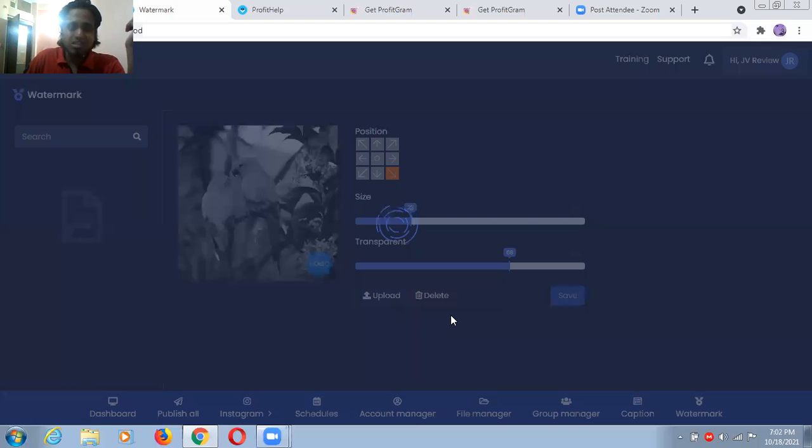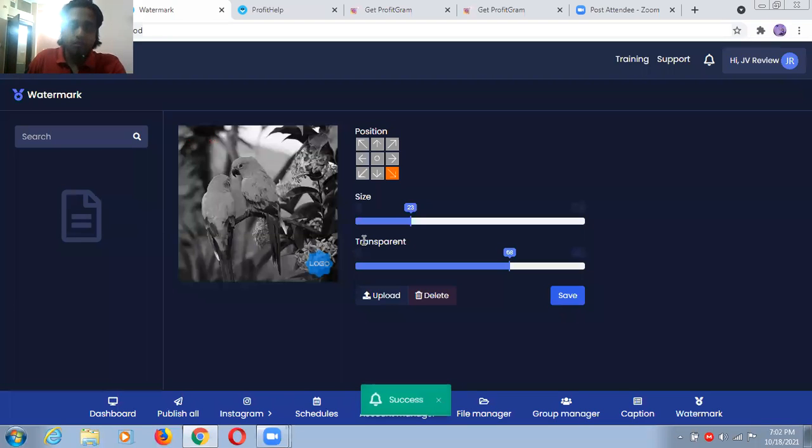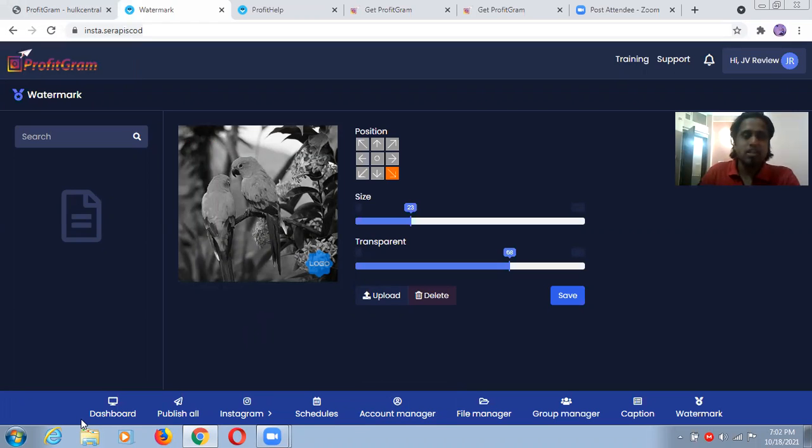Okay guys, so just like this operation, you have to perform all operations for automations, for importing accounts and something like that. It is not a difficult thing, guys. And the member access area is always not an important thing, guys. Okay, the main thing is what functions you are going to get, what features you are going to get, and most important is what type of solution you are getting. What type of problems you are going to kick because of this tool and this product.